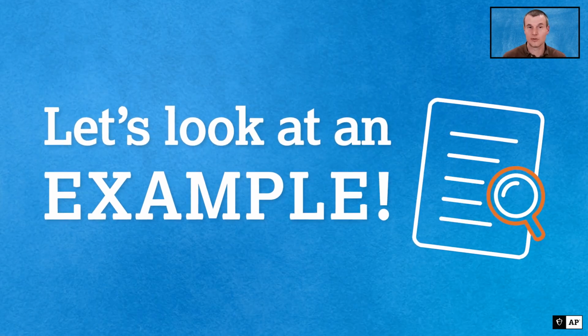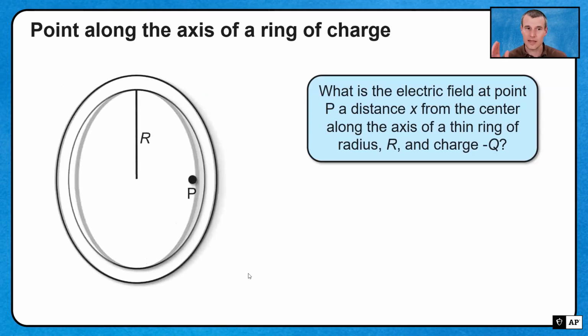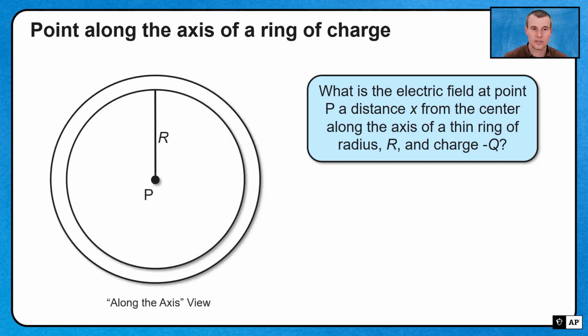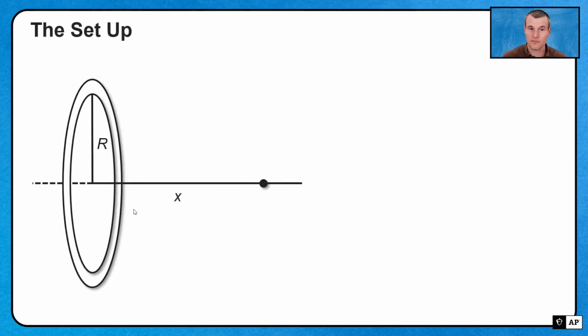So let's look at a particular example. Here we have a point P along this ring of charge, with a charge of negative Q, some radius R, and a distance of x away. This is the side view. If we look at it dead down the center, we're going to see something that looks kind of like this. It's not actually located at the center, it is off to the side, but from that view, for all intents and purposes, it is located on the exact axis